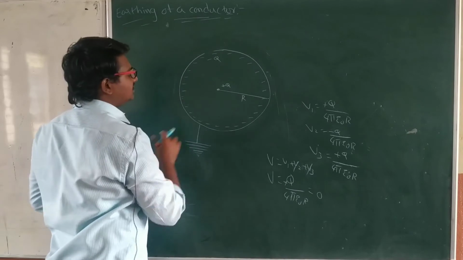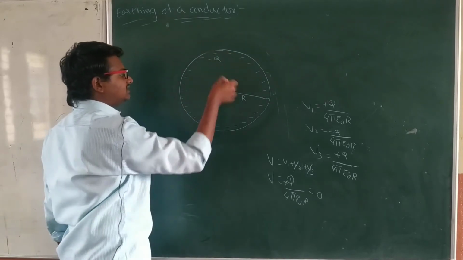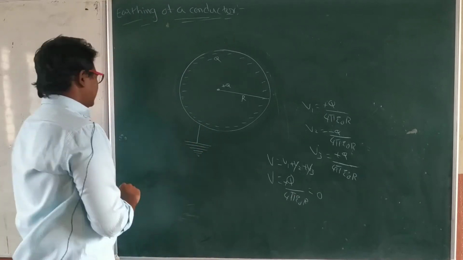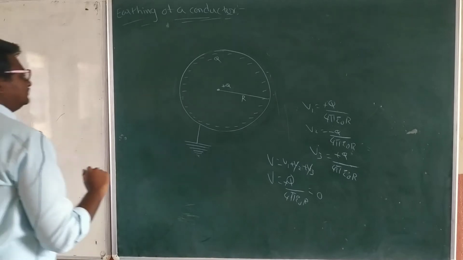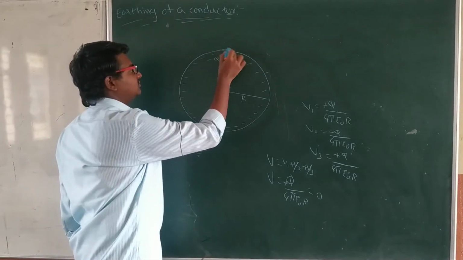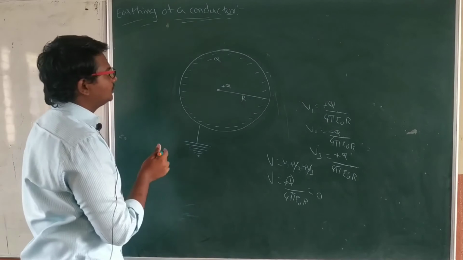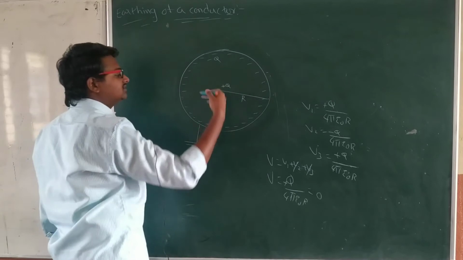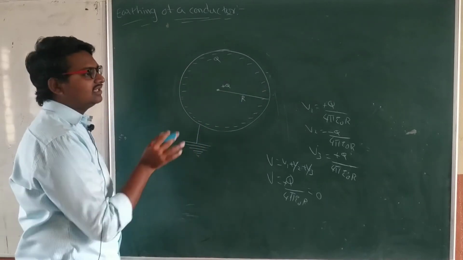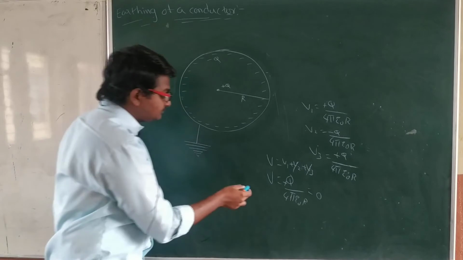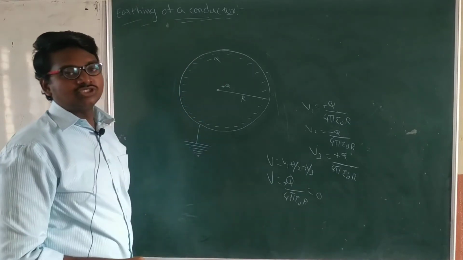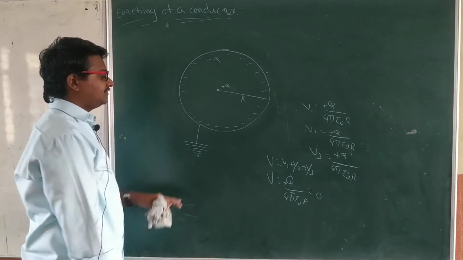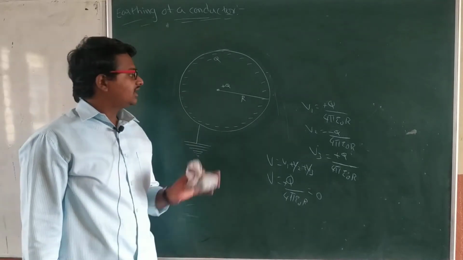Now if you see here, plus q and minus q cancel each other and the total potential is 0. That's what connecting to the earth does. Total potential is equal to 0. This is what is going to happen if you connect the whole system to the earth. Outside charges will become 0. Whether outside or inside is not the matter. The matter is that V of the whole system should be equal to 0. It means if you want to charge any body, we can use this earthing method.